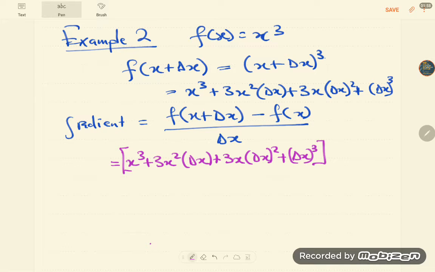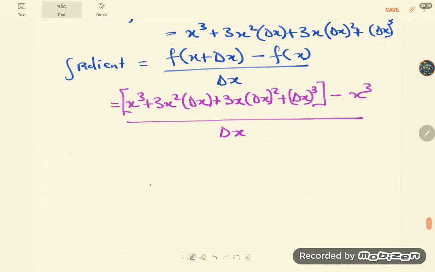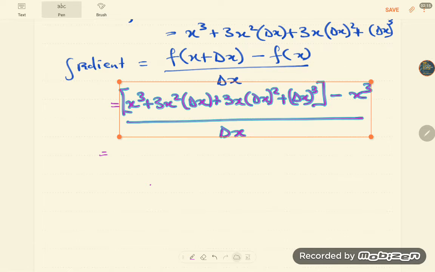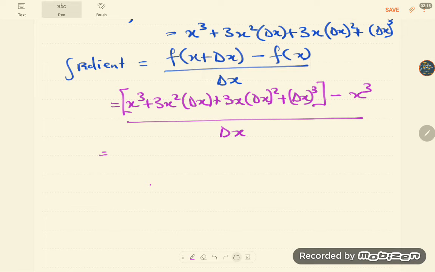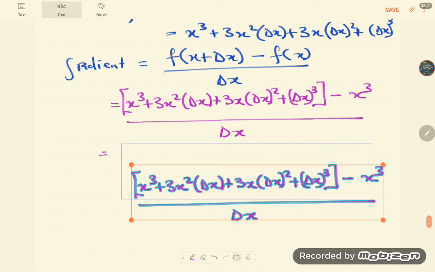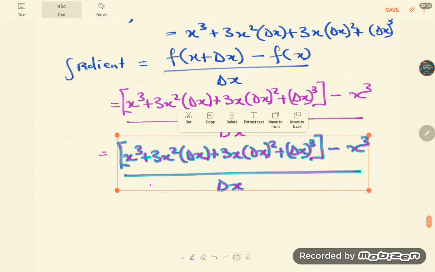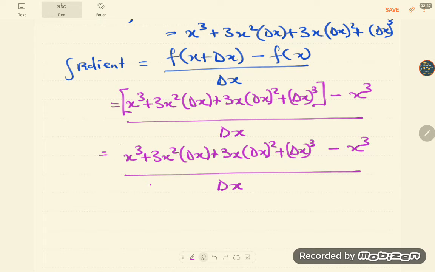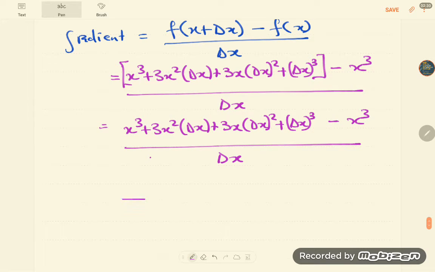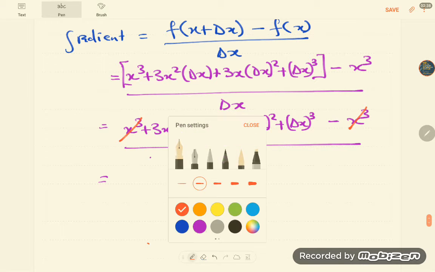Right, that's our f of x plus delta x minus, what's our f of x? Right there. Everything divided by delta x. And then we remove the bracket, which is pretty much what we have right here, except that we just don't have the square bracket. Bending the rules there a bit. And if you notice, from here, this cancels, and that leaves you with